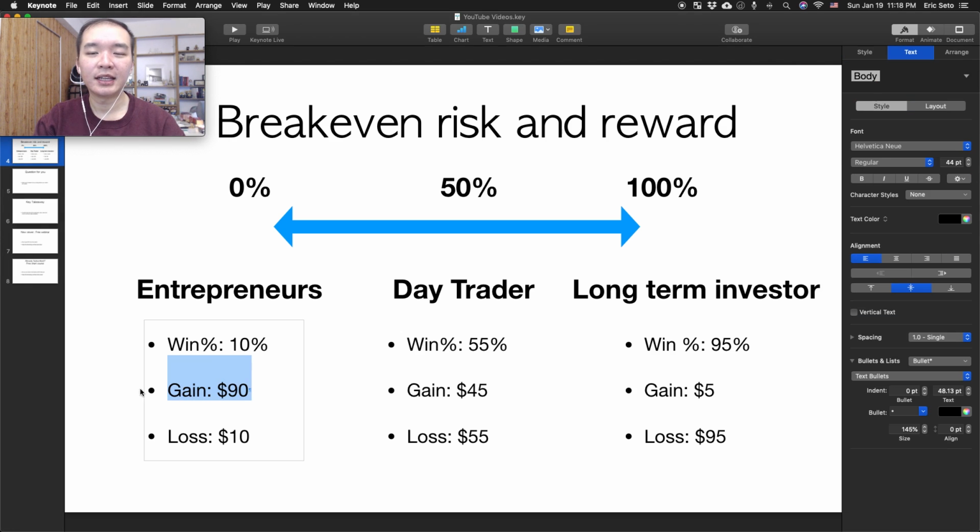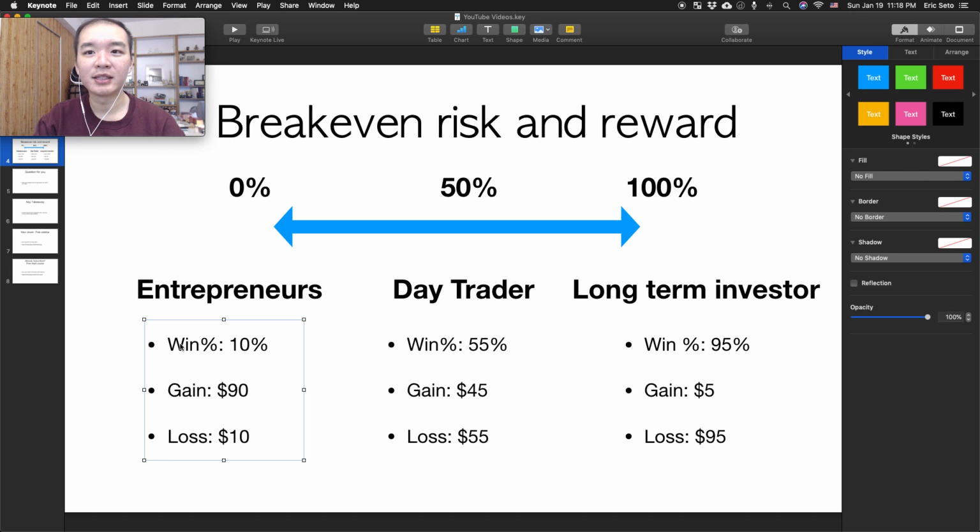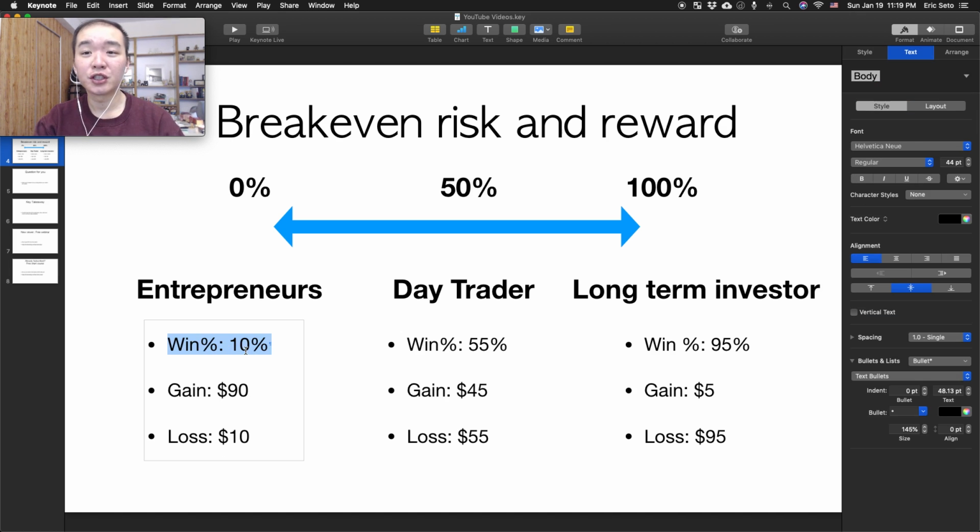So let's say you're an entrepreneur. The probability of your business venture being successful is 10%, which is quite optimistic, because if you look at some statistics like the number of business registrations each year versus the number of businesses closed down in Canada, it's 100%, it's almost the same. So let's say you have 1,000 businesses being opened in Canada, you also have 1,000 businesses closing down each year. So you can think about it as the failure rate being really high. So 10% is pretty optimistic for an entrepreneur.